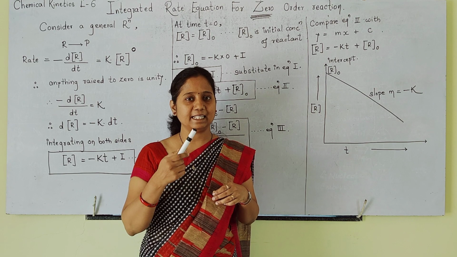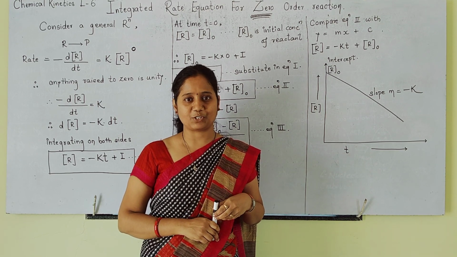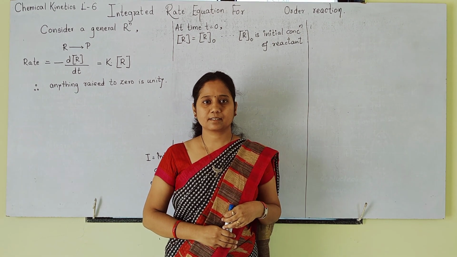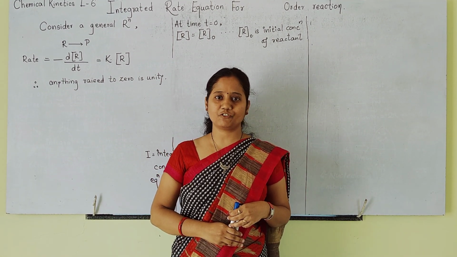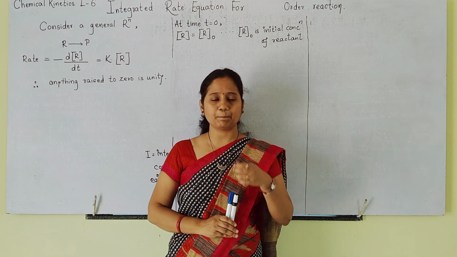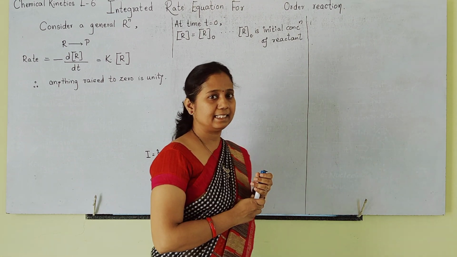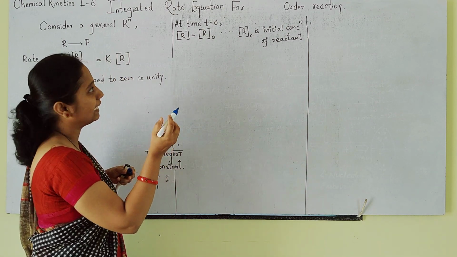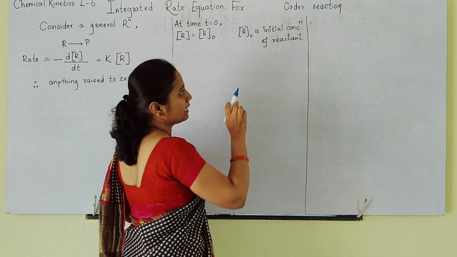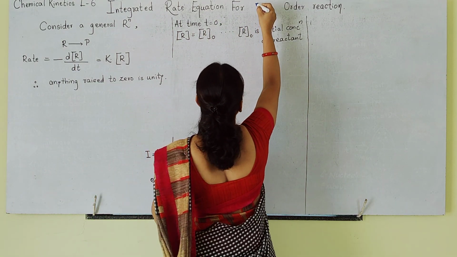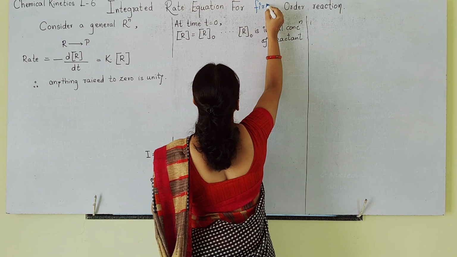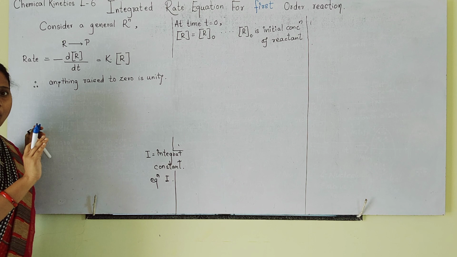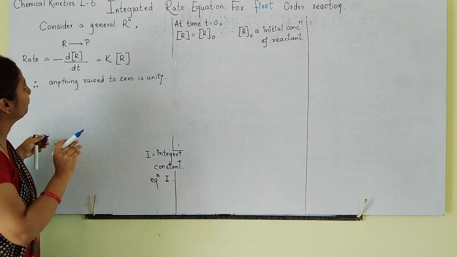Let us move towards the next integrated rate equation. Yes students, so let us write the integrated rate equation for first order reaction. Very simple derivation is there. Let us see the changes. I have kept many things as it is. See here, heading, what shall I write? Integrated rate equation for zero order reaction just now, so here I will write for first order reaction. Okay, let us start. All steps similar you have to follow.